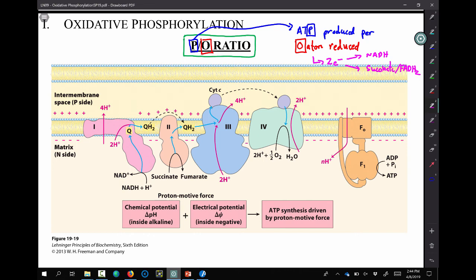I said 2.5, 1.5, but it really does depend on this thing called the C ring, which, when we get to the mechanism of ATP synthase, I'll be able to show you why it depends on the size of the C ring. Now, let me say this, okay? We'll do this, okay? This is an if: I'm going to make some of you feel better, 81% of you actually. If the C ring is 9 subunits,